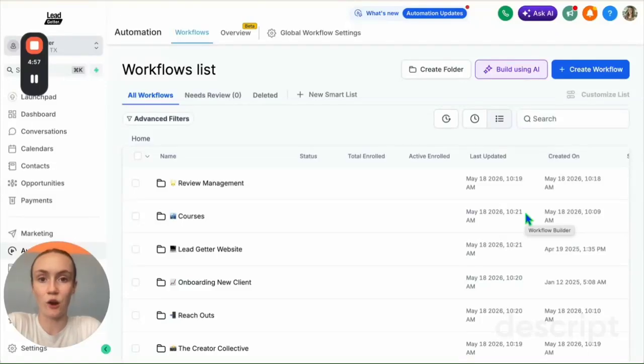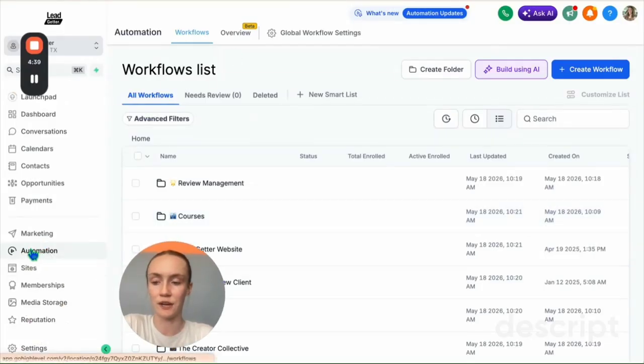Hey guys, today I'm going to show y'all how to create a workflow that automatically gives access to people you are selling your course to. So you don't have to think about it. You just send them the payment link and everything else from there is automated and they can just go through it really easily. So you are going to be in your HighLevel sub account